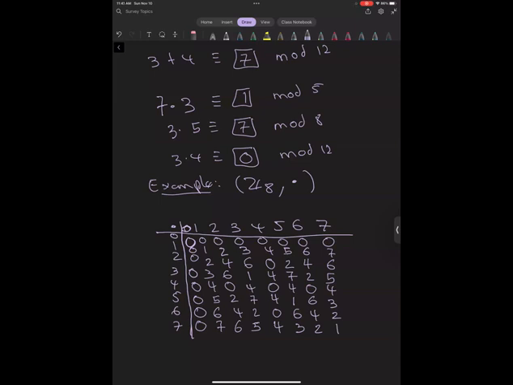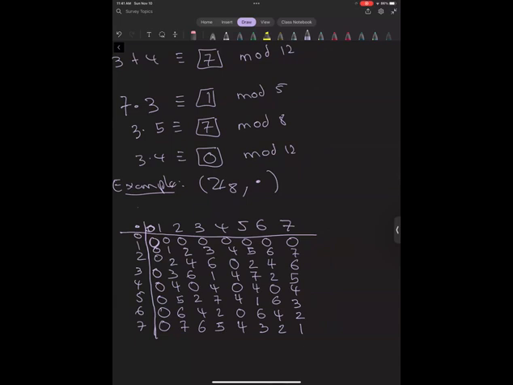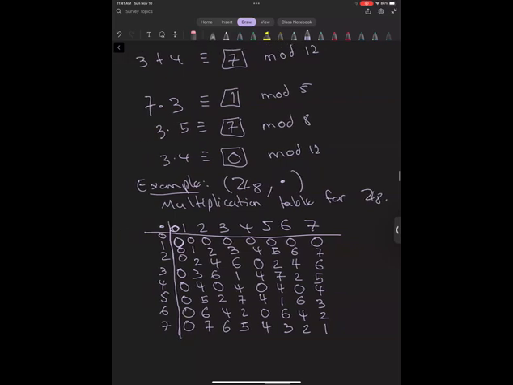Okay. And this is kind of my multiplication table for Z8. Okay, so I think with that,